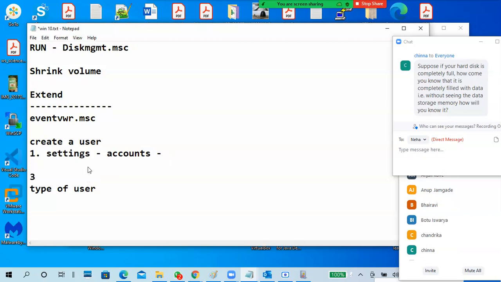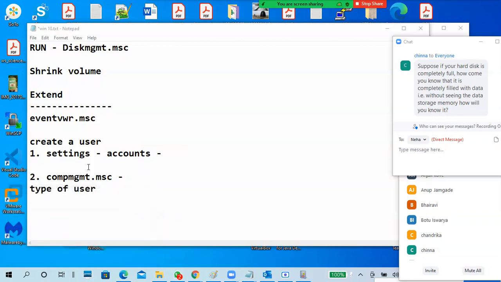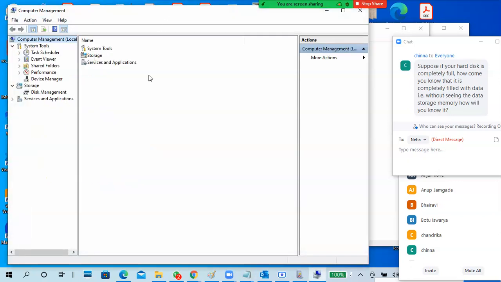Another way. What is another way to create an account? Go to run, compmgmt.msc.